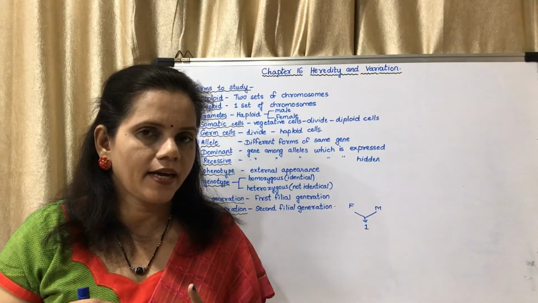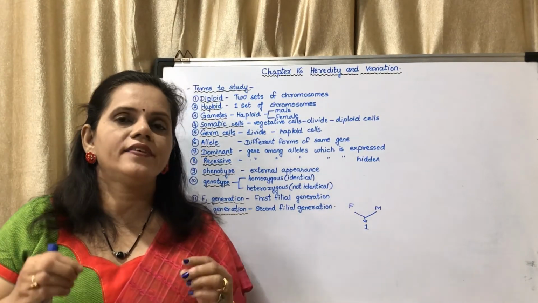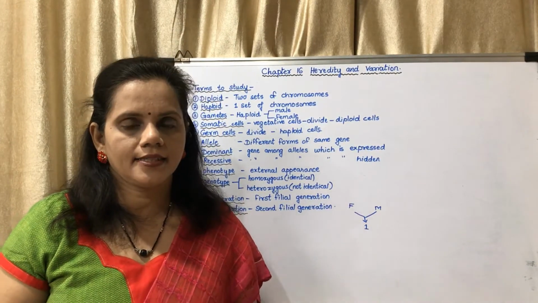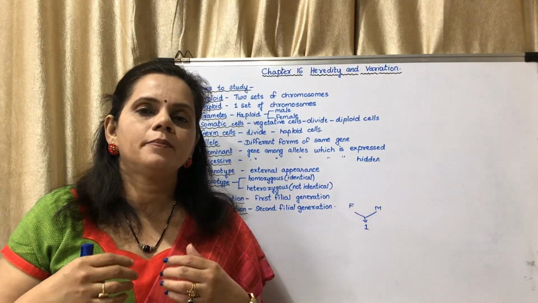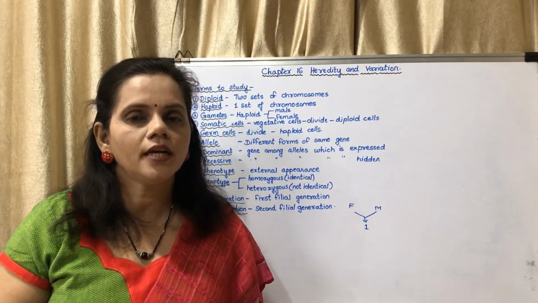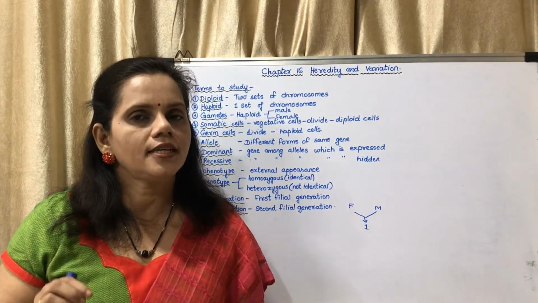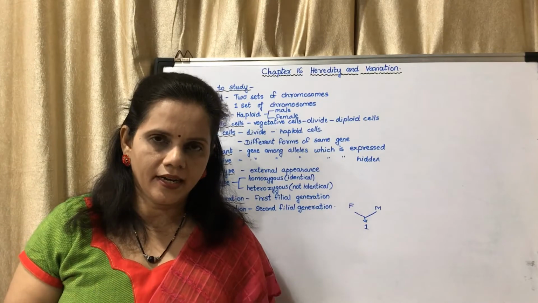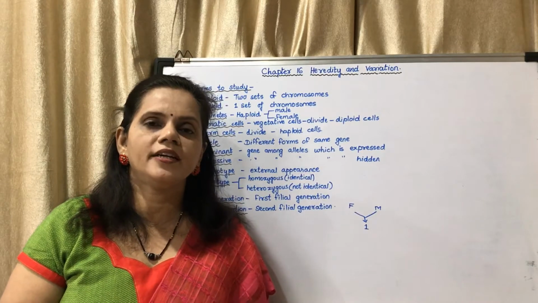So that is why I had told you the dominant gene always expresses itself. Even if we are having that one dominant gene, we will have that dominant characteristic. Why? Because it is dominant. And if both the genes are recessive ones, then the recessive characteristic will be shown. That means the plant will be dwarf if it is having both genes recessive. So these were the studies which were done by Gregor Mendel.